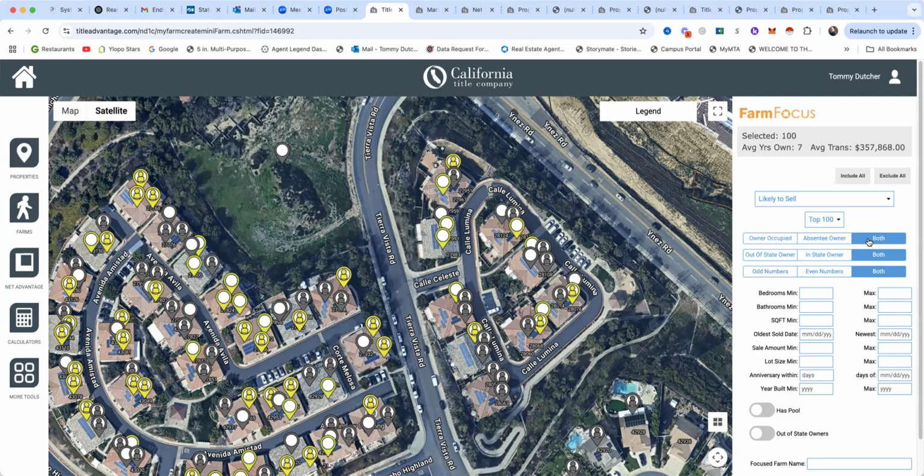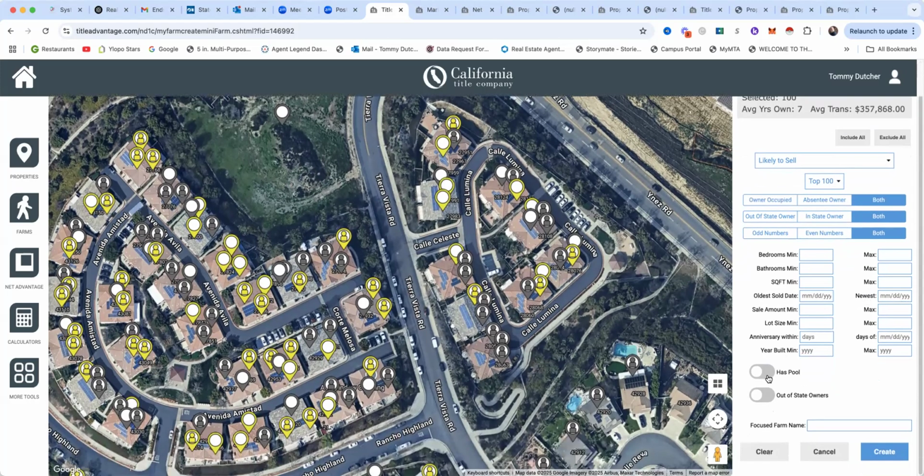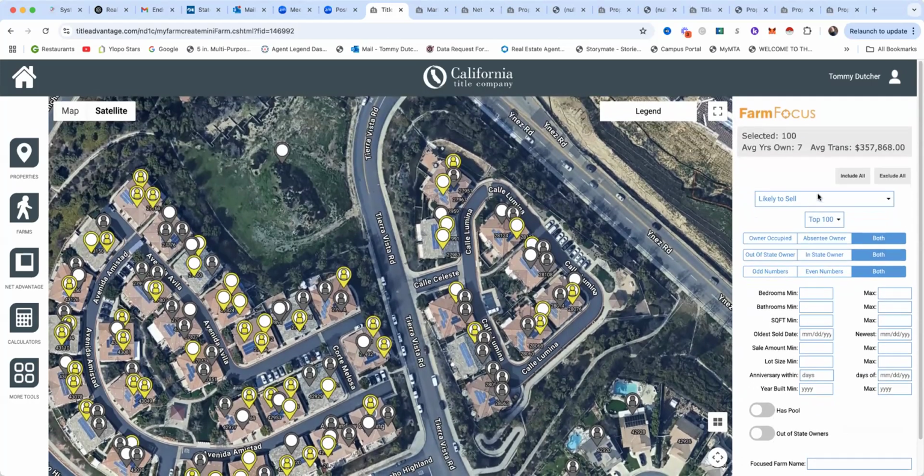So you can narrow this down. You're looking for something for your buyer. You want this exact neighborhood. You only want, you know, homes with pools, etc. Then